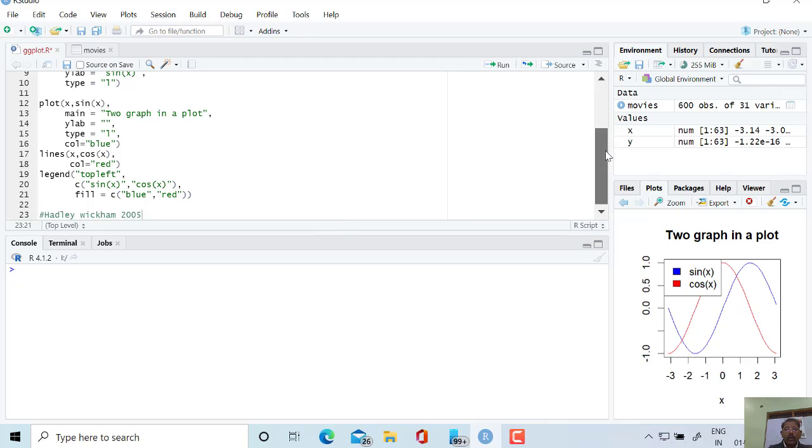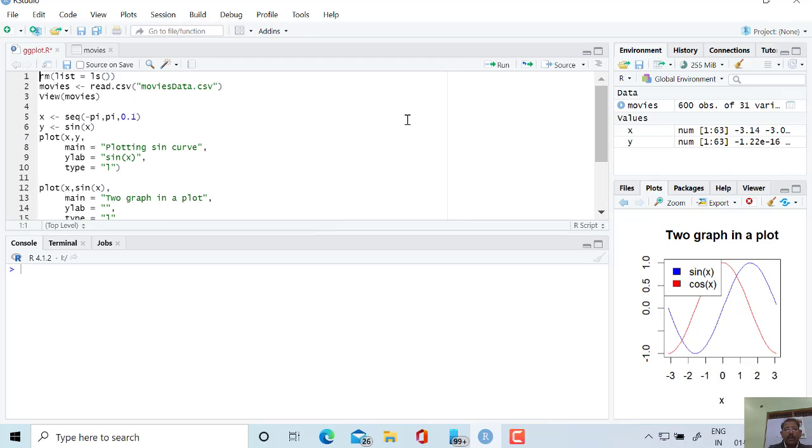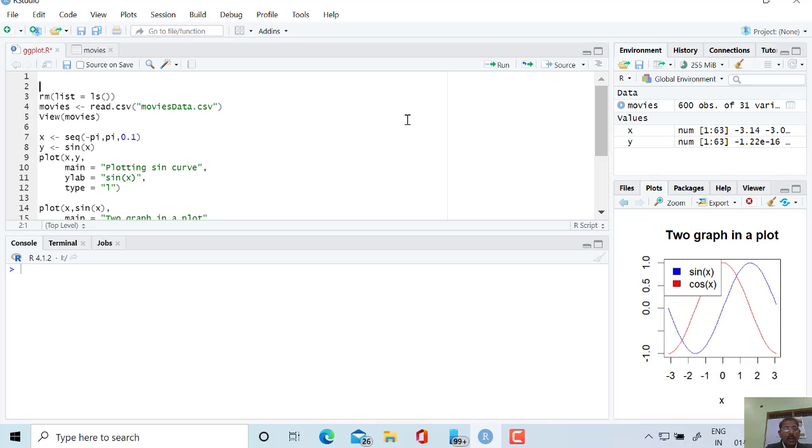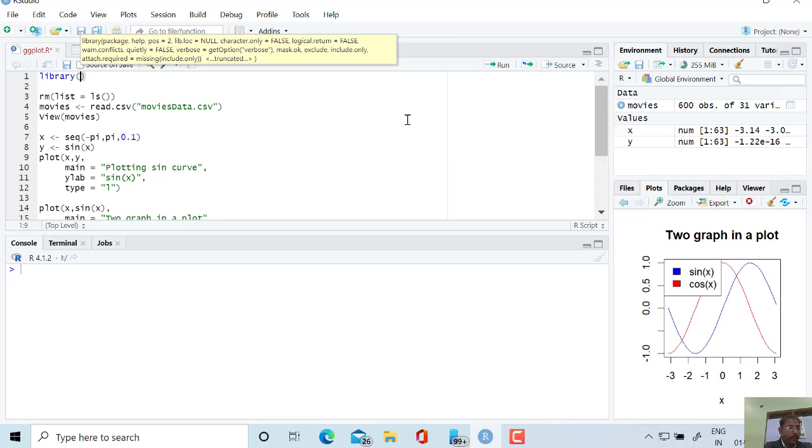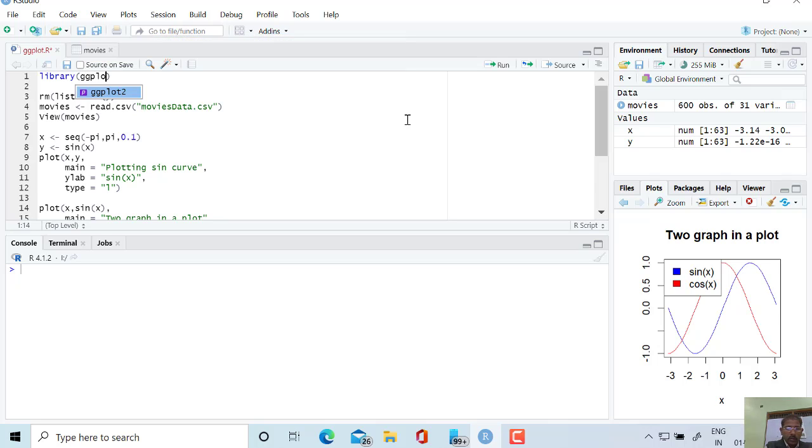Now what should we do? Because every library function should be placed at the top, as we know from our past experience with earlier programming languages, here also we should include the library function at the top of the program, and here I will import ggplot2.